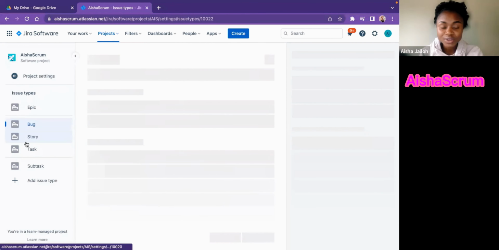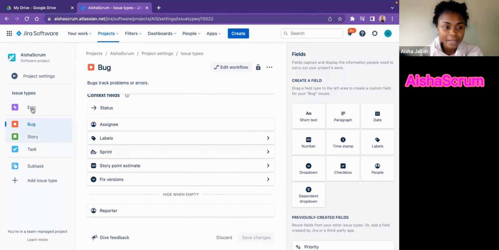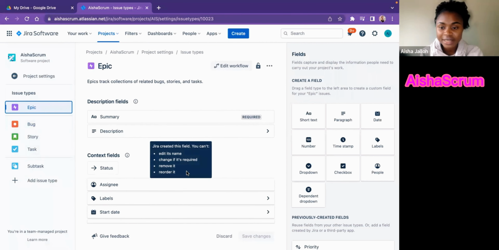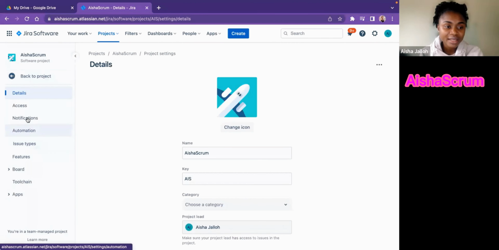So then these are the issue types. It's already showing me my issue types. This is for bug, issue type. Epic is one of them, story and tags. Those are all just different flows and options I have. I know I can add as many as I want. I'm going to do that for the next video. So then let's come to